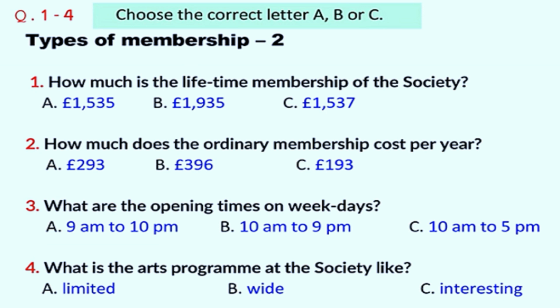You can visit the Society, including the exhibitions, the library, and follow the arts programmes on weekdays during the opening times from 10 a.m. to 9 p.m. and at the weekend between 10 a.m. and 5 p.m. On Saturday, if there's a special event like a lecture or restricted showing of an exhibition, then it opens until 9 p.m. So, what is the difference between this and the lifetime membership? In the long run, you save money, as you're making a one-off payment. And you have exclusive use of the lifetime members' room. OK.